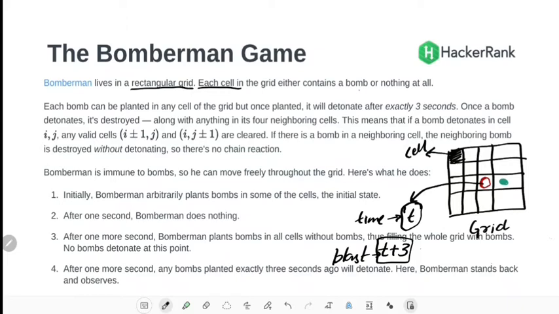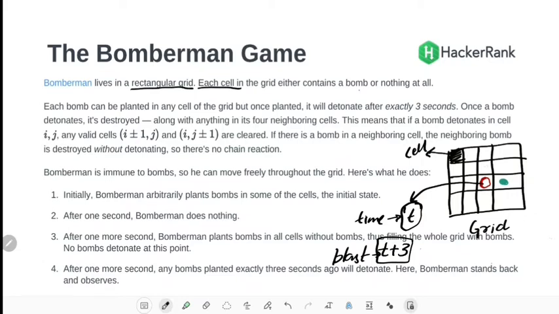Once a bomb detonates, it destroys anything in its 4 neighboring cells. So once the bomb detonates, it will destroy all the cells that are adjacent or neighboring to it.